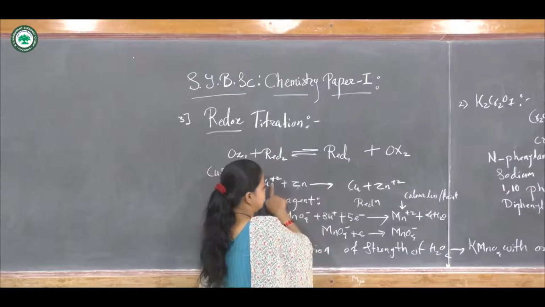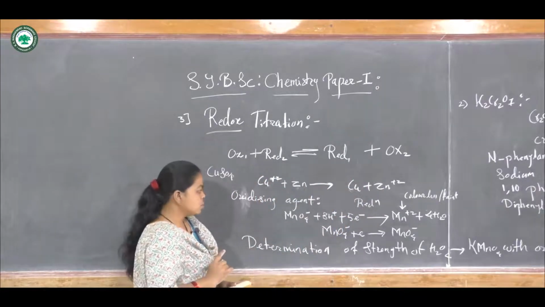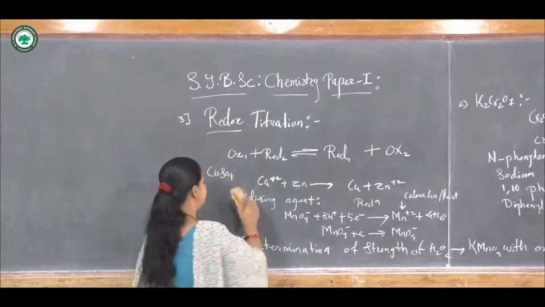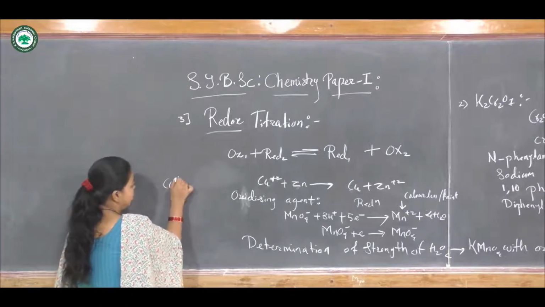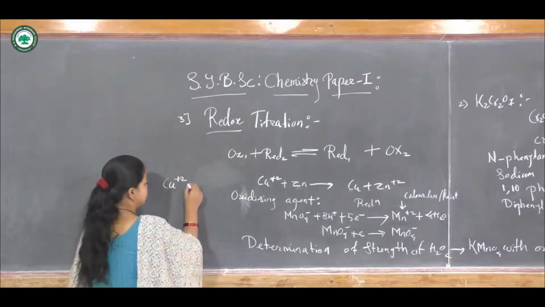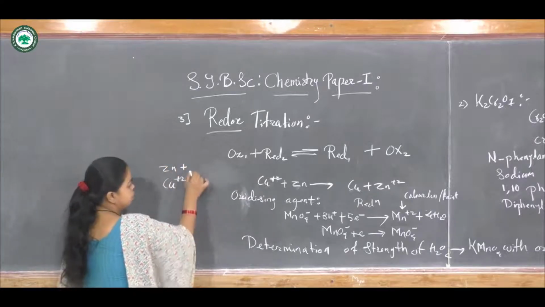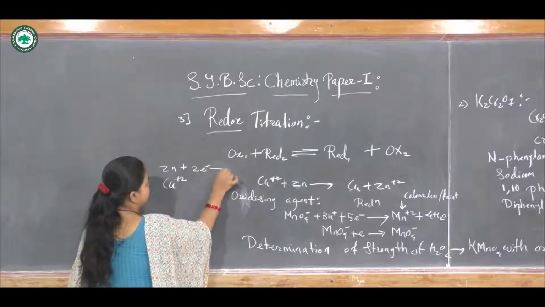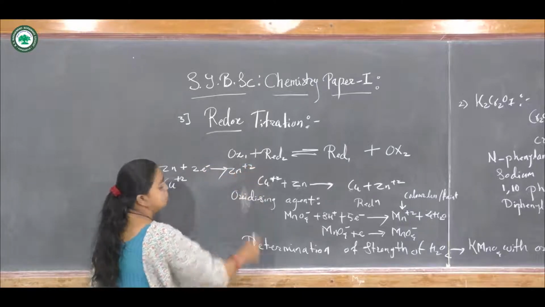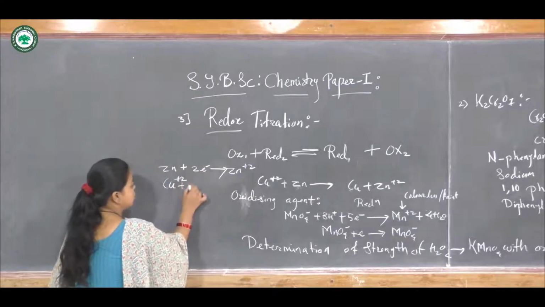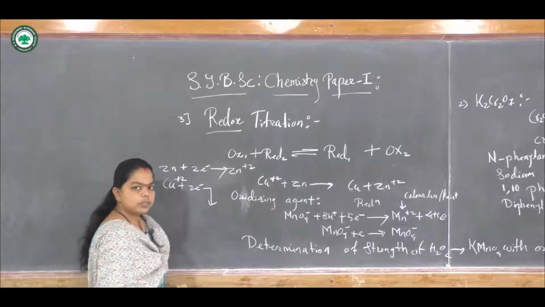So in this case, copper gets reduced and zinc gets oxidized. In this type of reaction, separately you can show this. We can write this cell reaction as copper in the +2 oxidation state. The zinc in the 0 oxidation state will lose 2 electrons and get converted into zinc +2.